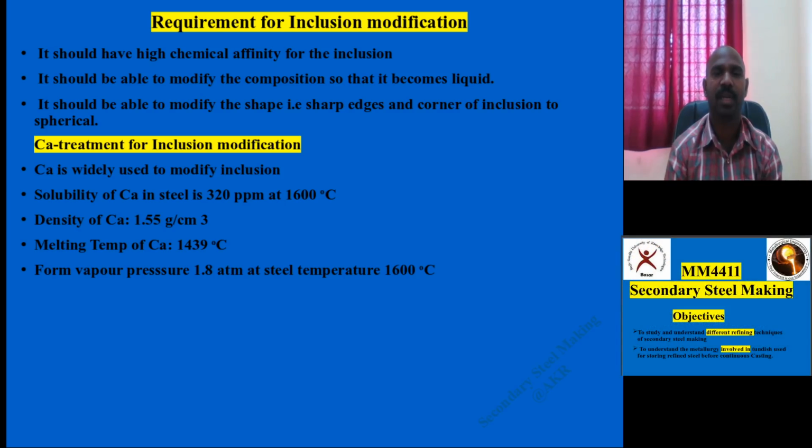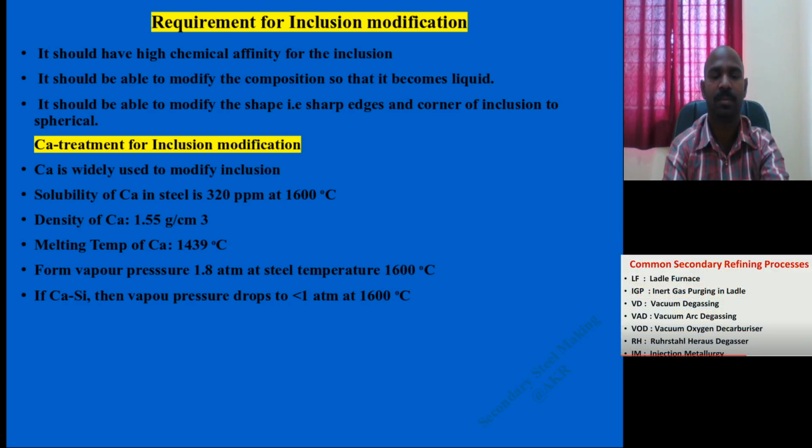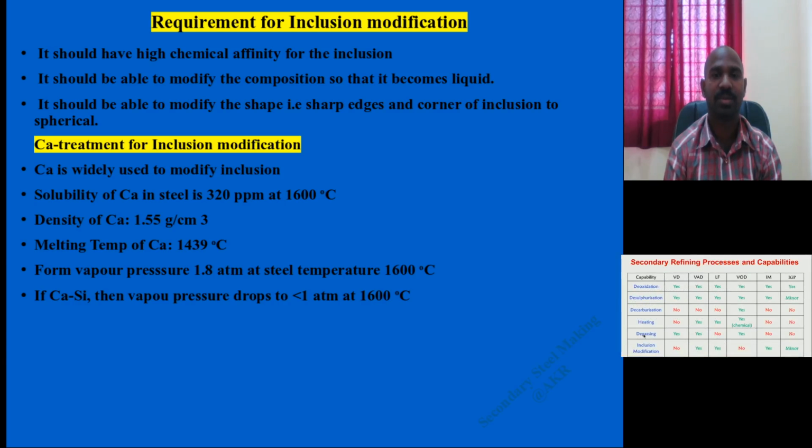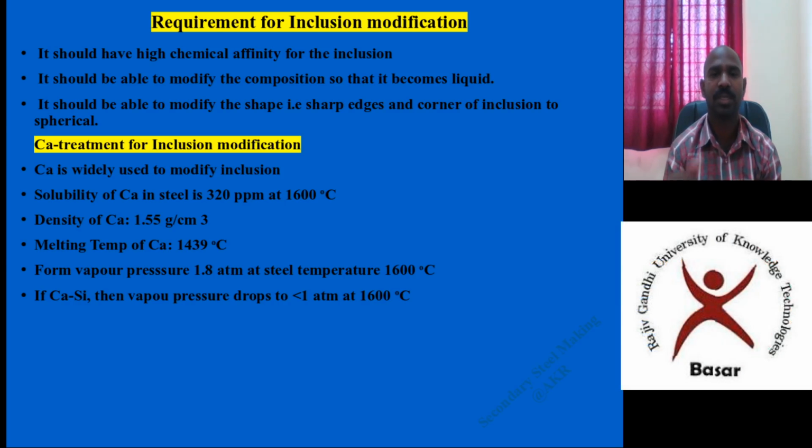You use the combination of calcium and silicon. It brings down the vapor pressure to 1 atmosphere during the tapping of molten metal, which is around 1600 degrees Celsius. It remains if it is combined with the aluminium,